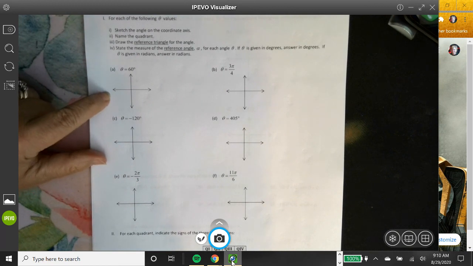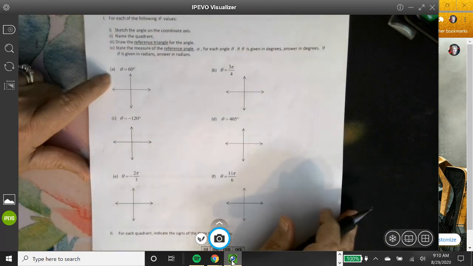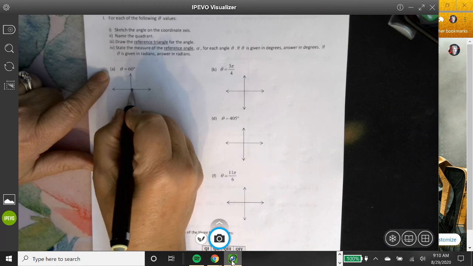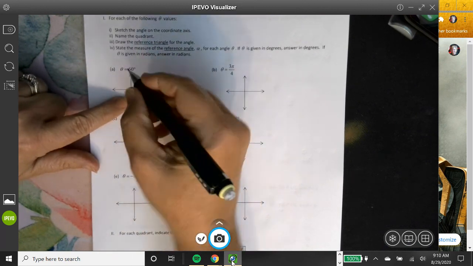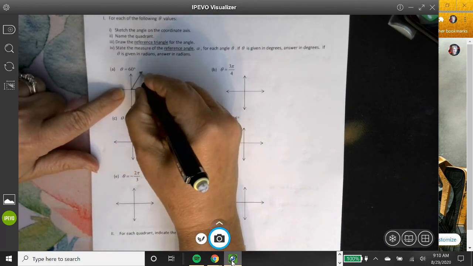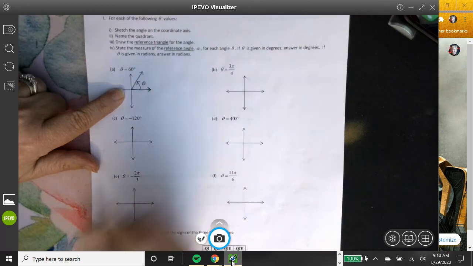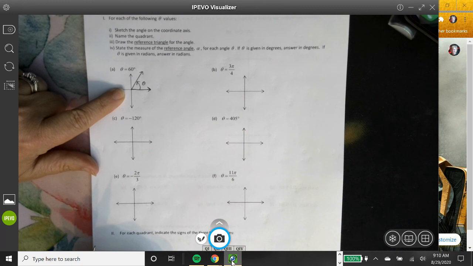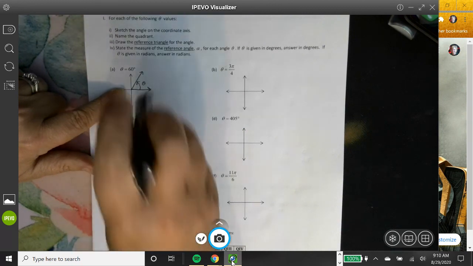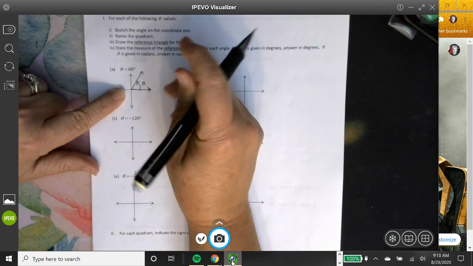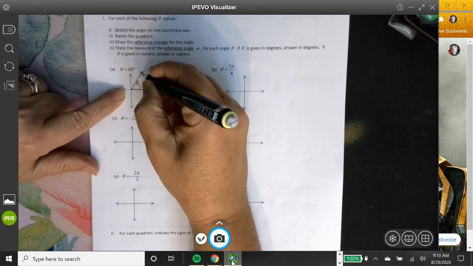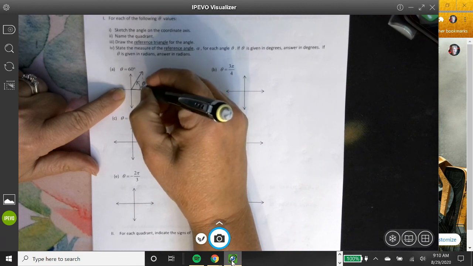Okay, so part 1, here we go. We're going to draw our angle of rotation. Here, I'm in standard position, positive x-axis, and I'm rotating 60 degrees. Here it is. And there's my angle of rotation. That's theta. Now, if I want to draw the reference triangle, I have to drop a perpendicular. Okay, so here it is. I'm dropping a perpendicular because a reference triangle,